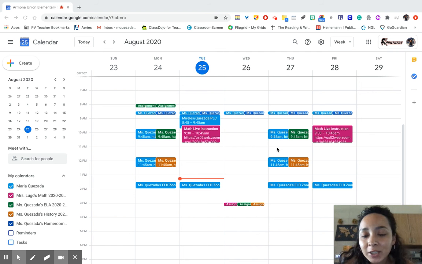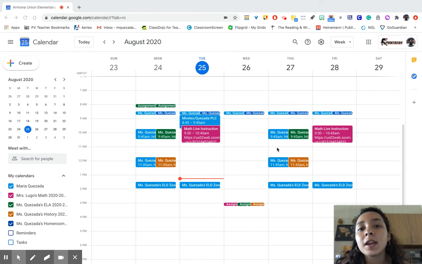Hello, ladies and gentlemen. Today I am going to show you how to add our Google Classroom calendars into your own personal calendar so that you can find all the links to our Zoom meetings and any assignments that are attached to that class. So as you can see, I am in our Google Calendar,